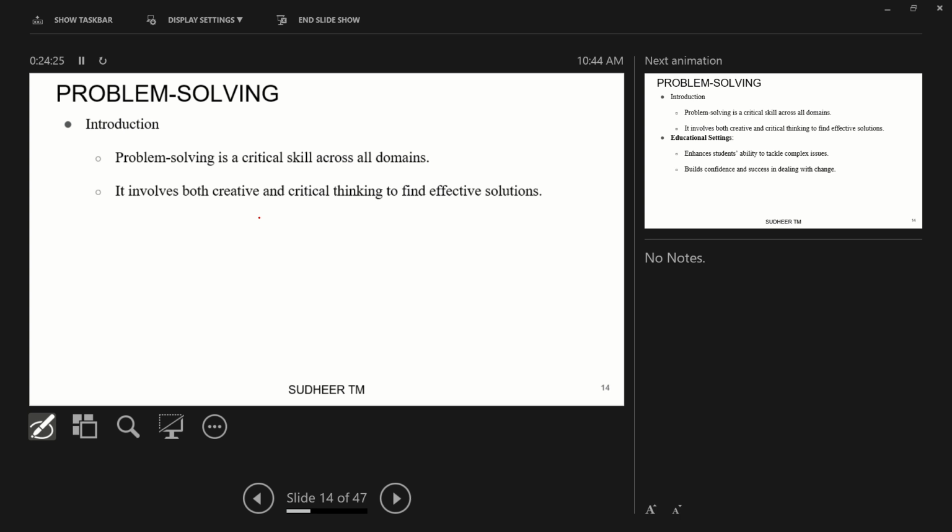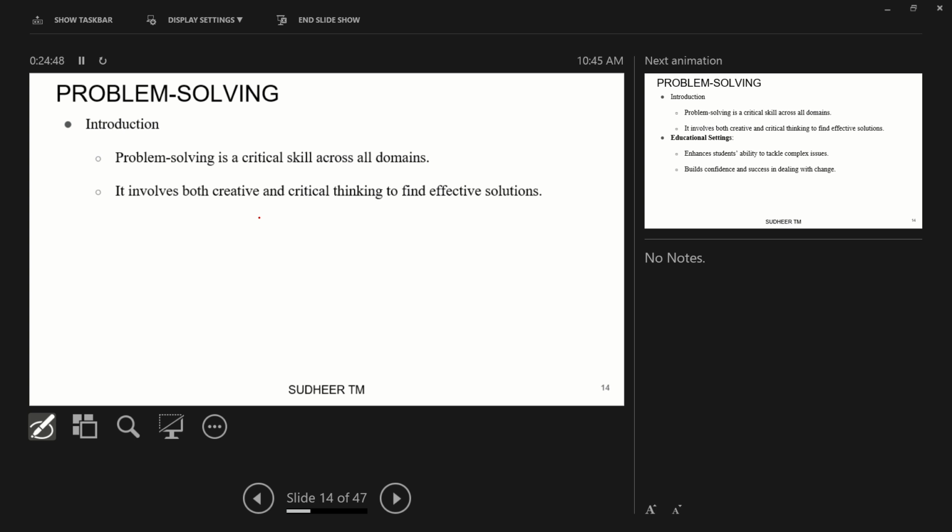Okay, so coming to the problem solving. So this is the previously we discussed queen's problem. It's a real challenge for an engineer, real challenge for a software developer. So coming to the term problem solving. What is problem solving? So problem solving is,